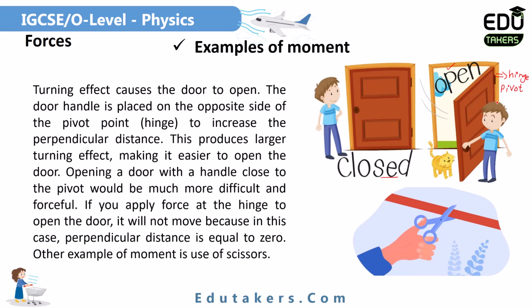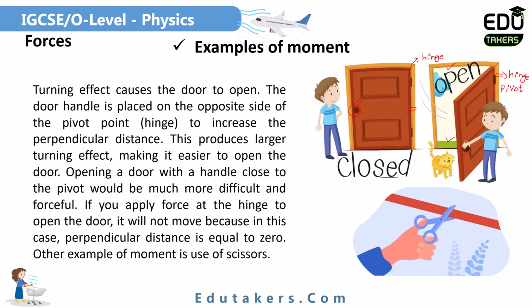You have to apply the force on the handle of this door, and you can always observe here that the handle of the door is basically on the opposite side of the hinge. This side is the hinge or the pivot point, and the handle of this door is on the opposite side of the pivot point. It means that you have to apply the force on this handle so that you can open the door, which is given in figure 2. You can see here in the open door, the kid is basically applying the force on this handle due to which the door is open.